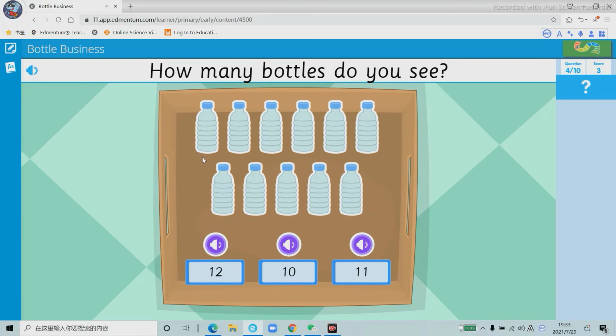How many? What is how many? Yes. Bottles. What is bottles? Bottle, 瓶子. 对，OK，好，Go. 4 8